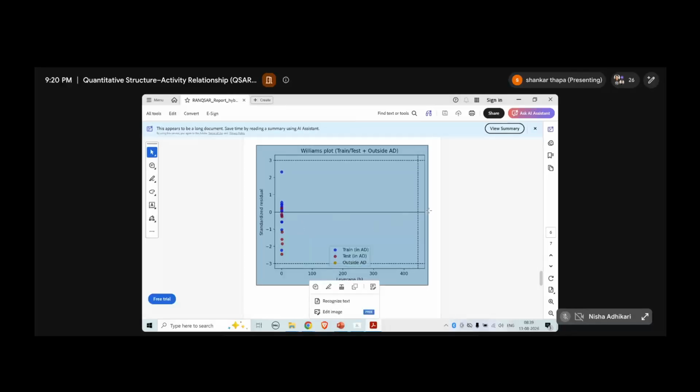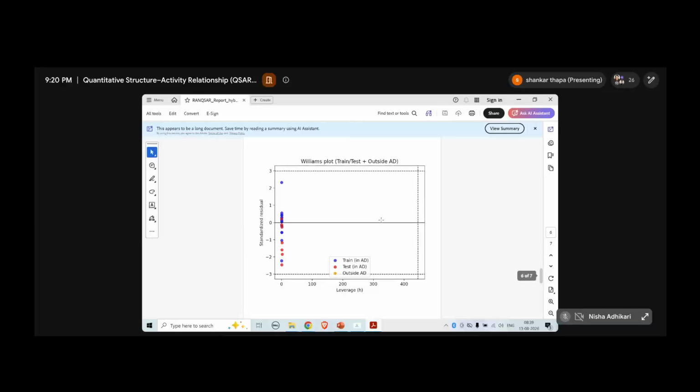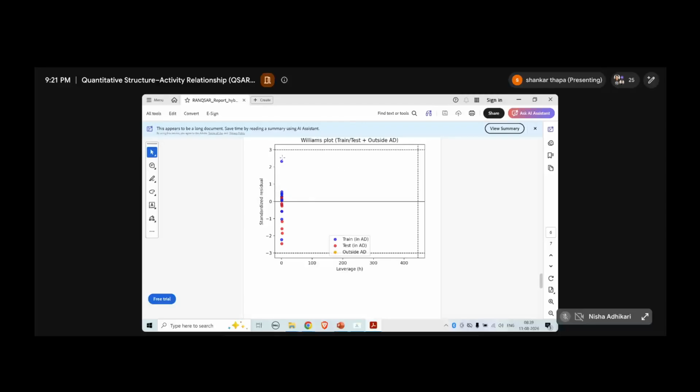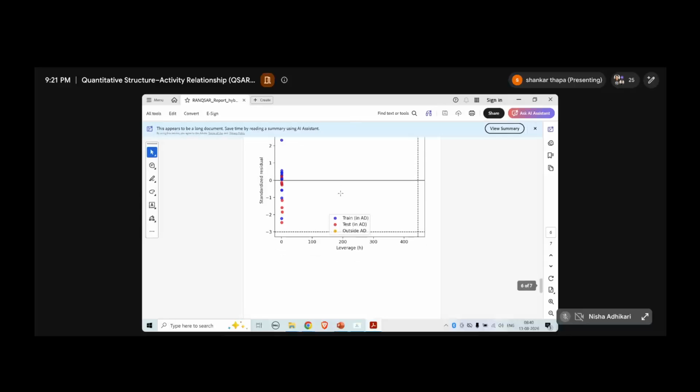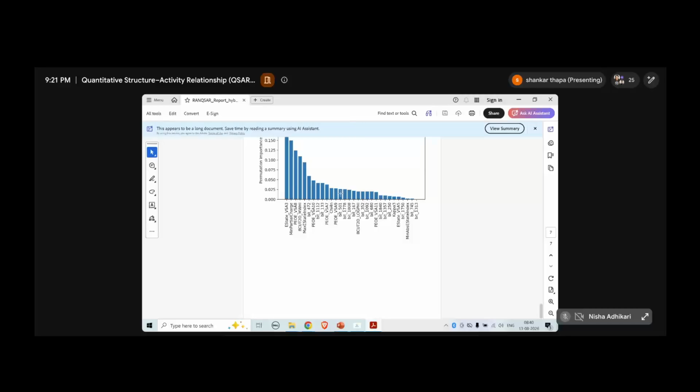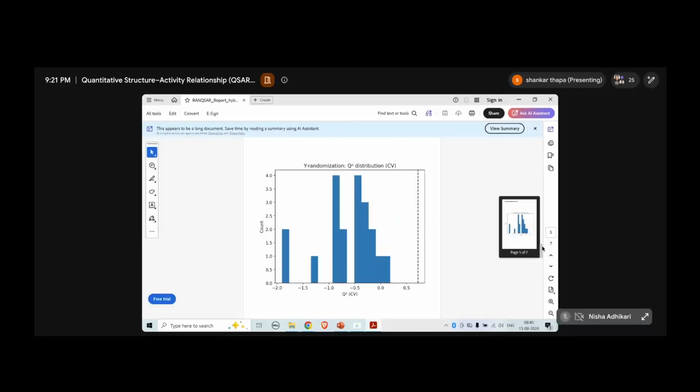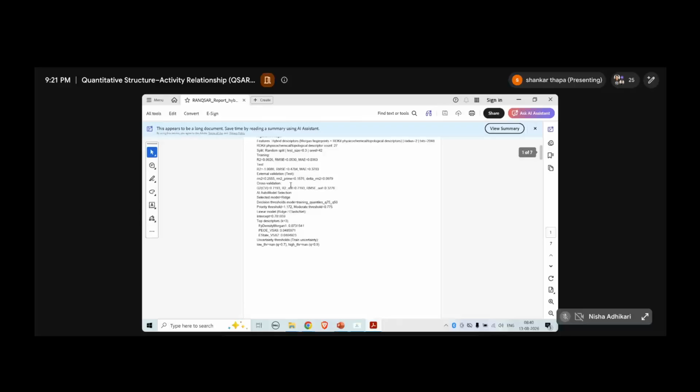This is the applicability domain. Actually the applicability domain is good, but our training set is not good. The training set R square value is not good, but in the applicability domain all the compounds fall under the limit. So this dash line is the limit. If all the training set and test set belong inside these dash lines, that means our model is applicable. So this is external validation. In external validation it is fine, but somewhere the test R square values are not good, so in that way we have to analyze.